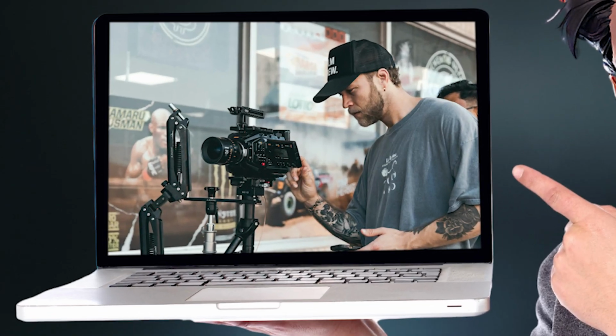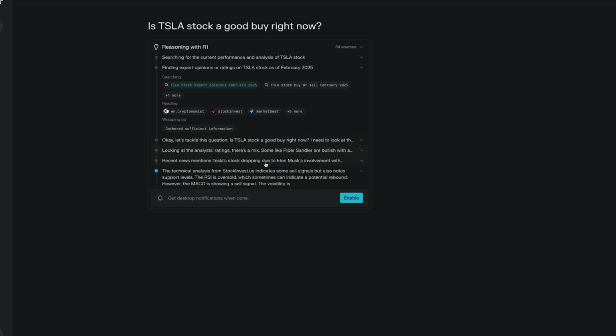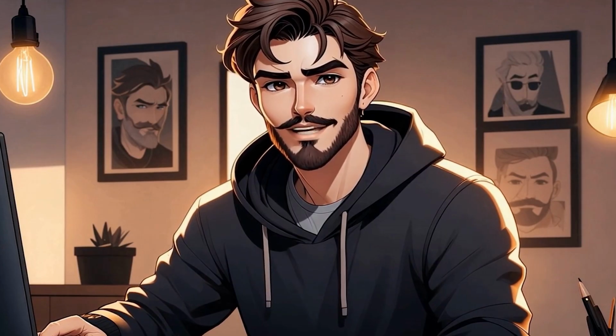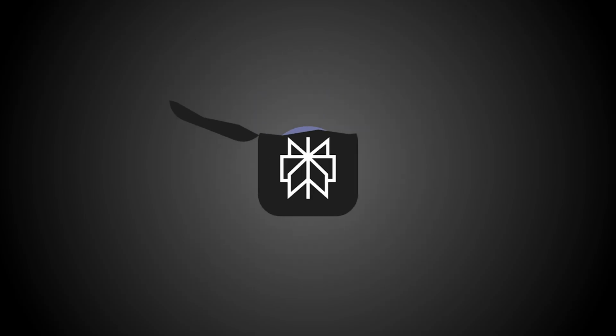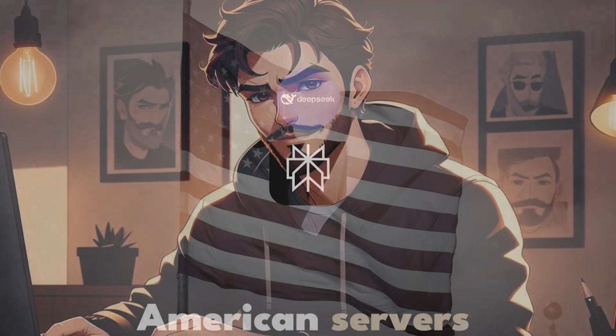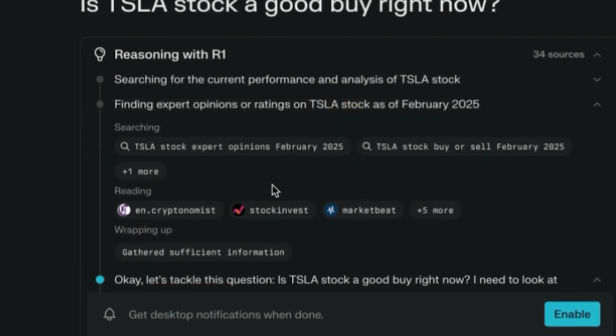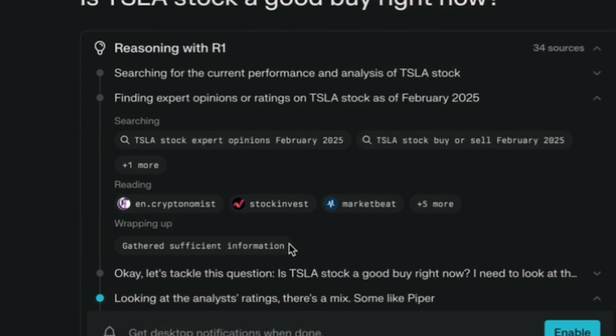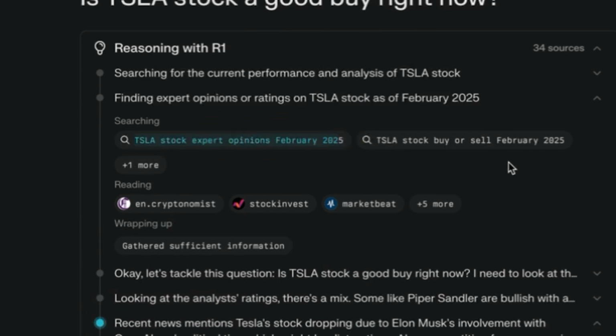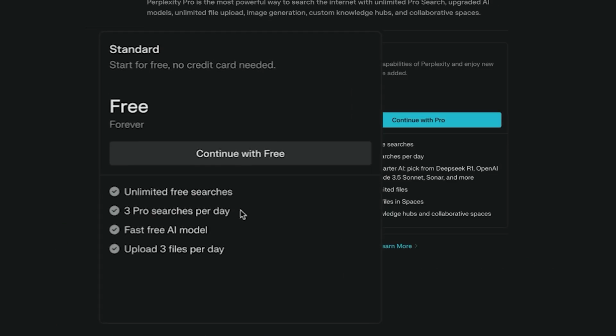For researchers, content creators, and anyone who needs deep analysis of current information, this combination is absolutely game-changing. DeepSeek R1 on Perplexity gives you the power of DeepSeek's reasoning with US-based privacy protection, real-time web search combined with step-by-step analysis, comprehensive research with multiple sources and citations, all at a fraction of the cost of comparable AI reasoning